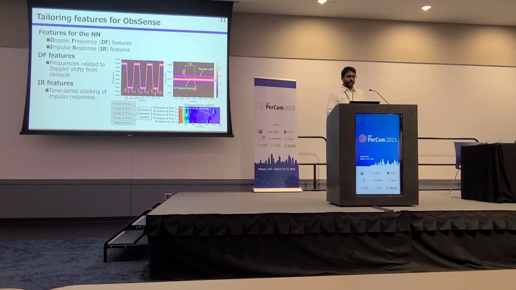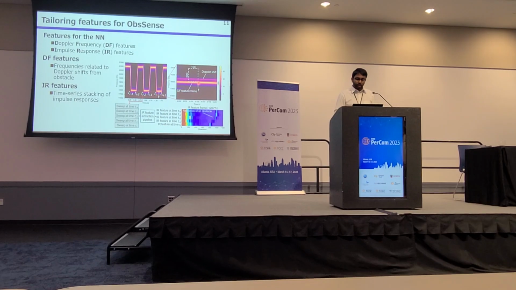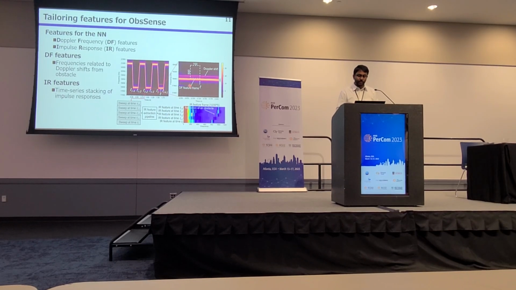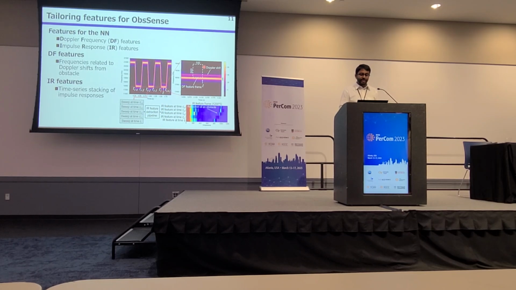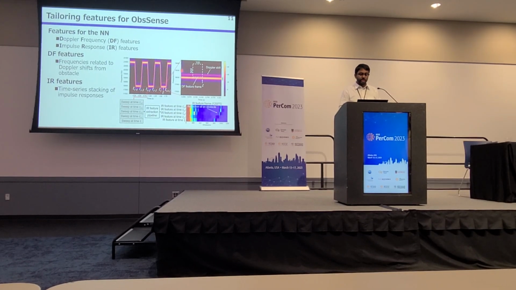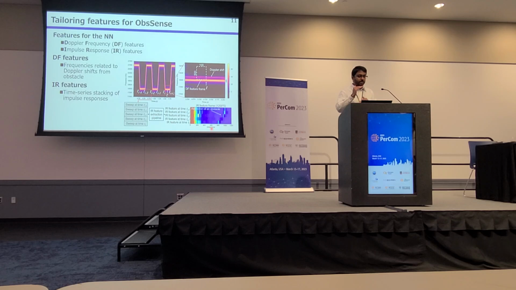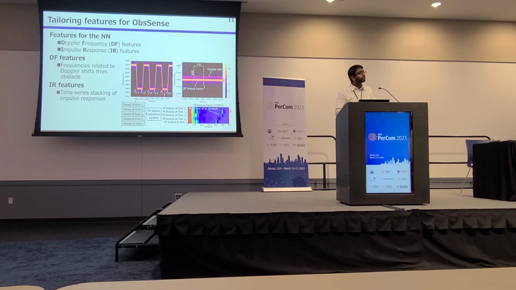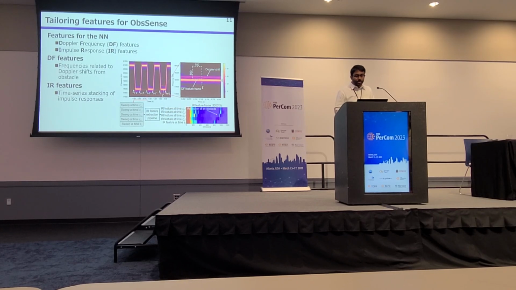If we want to estimate the attributes, distance and the relative velocity at time step t, we select a Doppler feature frame from the FFT spectrum, as shown in the figure, that includes the Doppler shifts. Furthermore, we extract impulse responses from the previous 5 sweep signals, and we stack them according to the times they were collected. Here you can see the reflections of the obstacle moving closer to the user's position with time. So by time series stacking of impulse responses, we try to capture further information regarding the relative velocity of the obstacles as well.